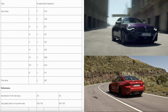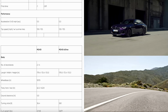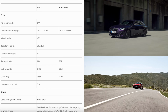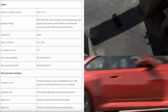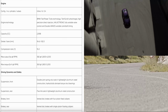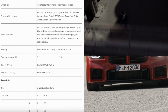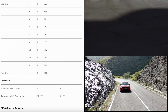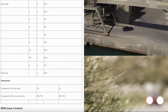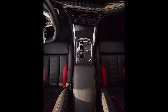You do have the wireless Apple CarPlay and the wireless Android Auto, and for 2025, they are giving us heated front seats as standard along with the ambient lighting, and we have some new interior colors, trims, new paint jobs and wheels to choose from as well. They did increase the price by about $580 for 2025, but fortunately we do have more standard equipment here, and